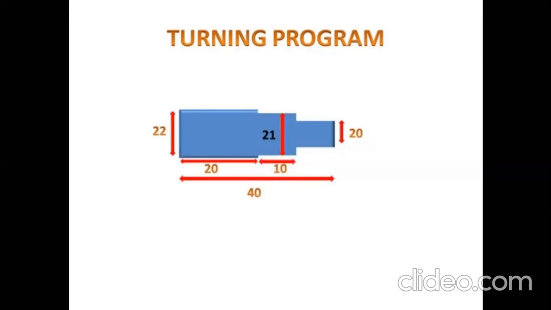Now we have to carry out the turning operation on your circular component to convert it into the final finished product. There are total 3 steps. We have to convert this cylindrical bar into steps. The first step has a diameter of 20 and a length of 10 mm. The second step has a 21 diameter and 10 mm length. And the last one is 22 diameter, which is the initial diameter of your component, and 20 is the length. Then how to write the program for this product, we will see in detail.